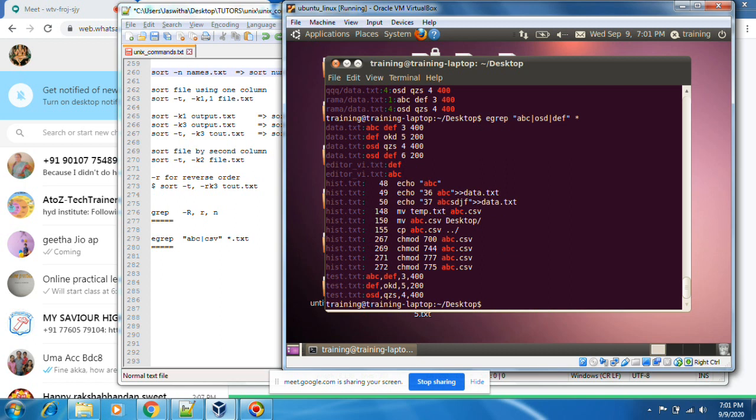See, all those lines we can print using extended grep.